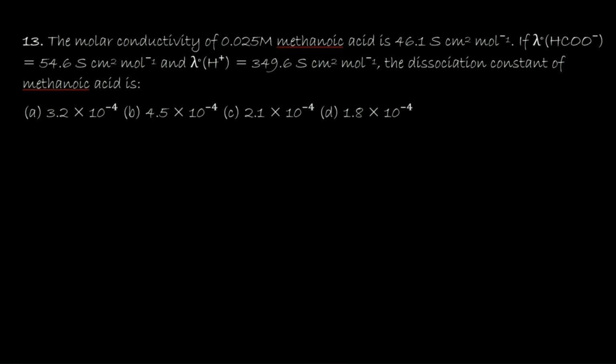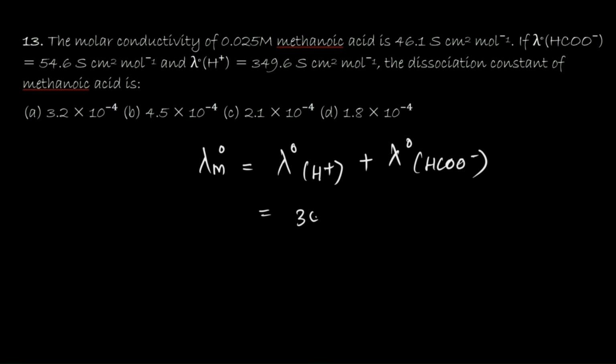So lambda m naught of methanoic acid is the sum of the values given: 349.6 plus formate, that is 54.6,